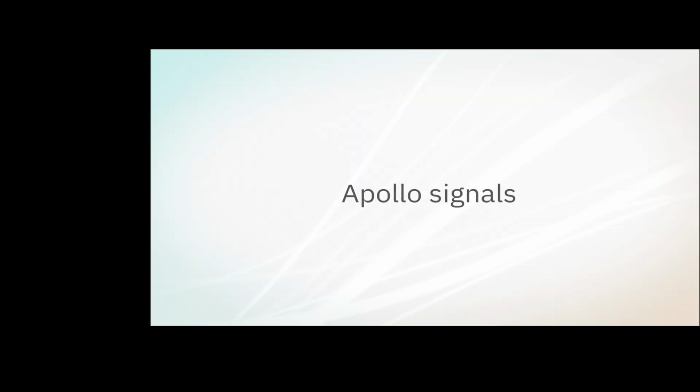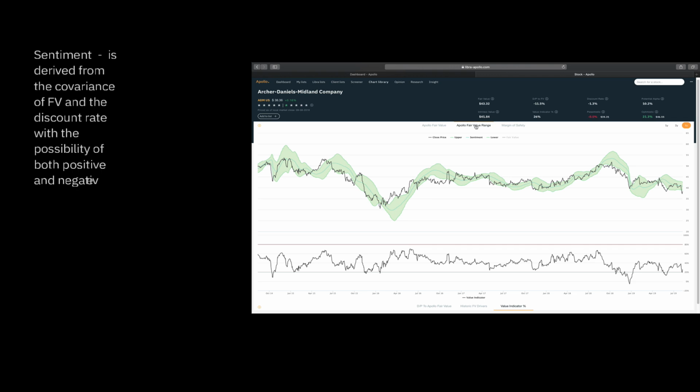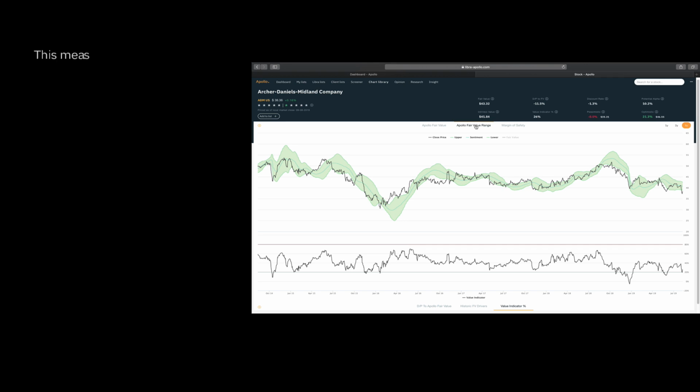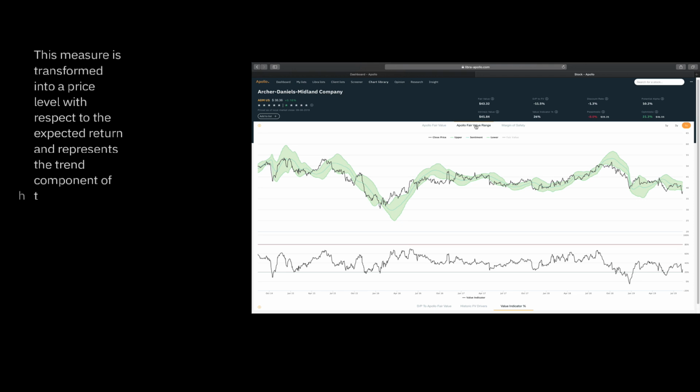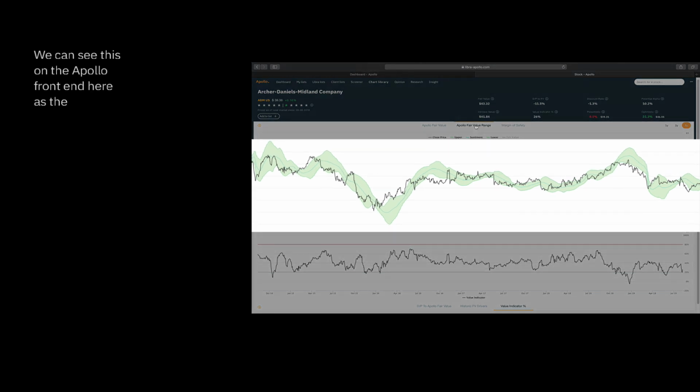Turning now to the Apollo signals, using a combination of core components, key variables and forecast model outputs, this is used to generate a series of continuous time series stock and market level timing signals, inflection points and measures of significance. The first of these, sentiment, is derived from the covariance of fair value and the discount rate, with the possibility of both positive and negative covariance over time. This measure is transformed into a price level with respect to the expected return and represents the trend component of the forecast error. We can see this on the Apollo front end here as the midline on the fair value